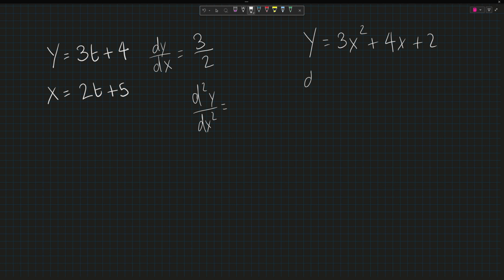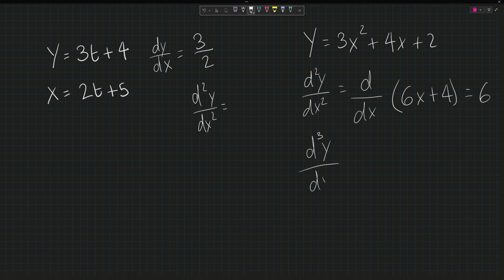So, in other words, I'm taking the derivative of this equation's derivative, which would be d over dx of 6x plus 4. And the answer to that would just be 6. It's not that hard. And in fact, you can keep on taking the derivatives, and this would just go down to